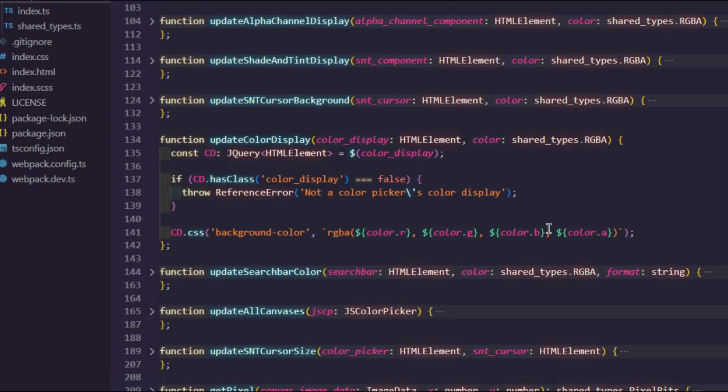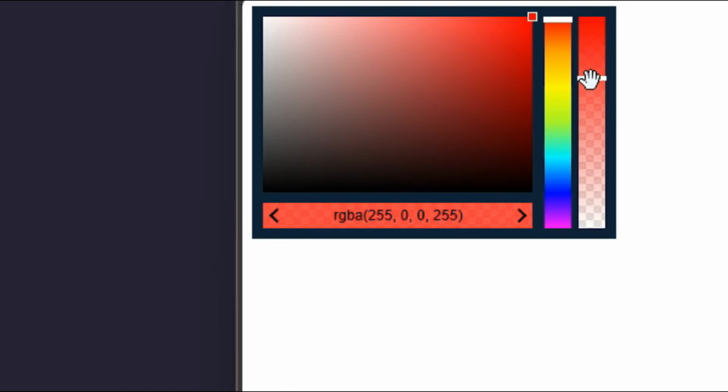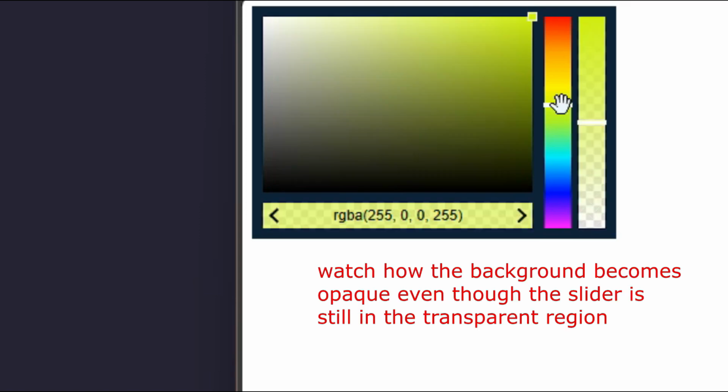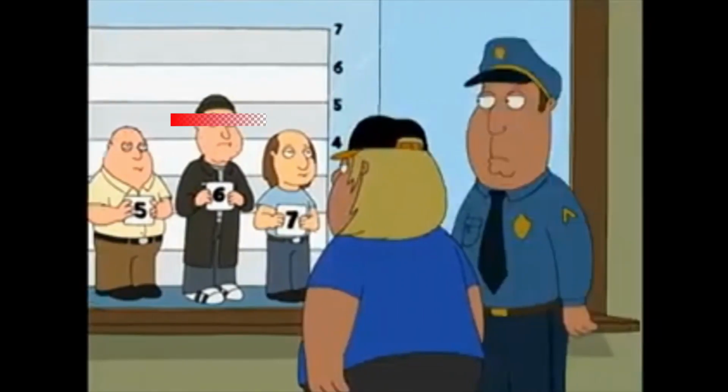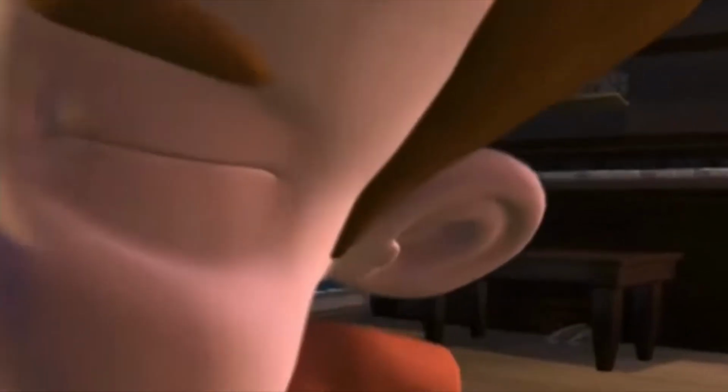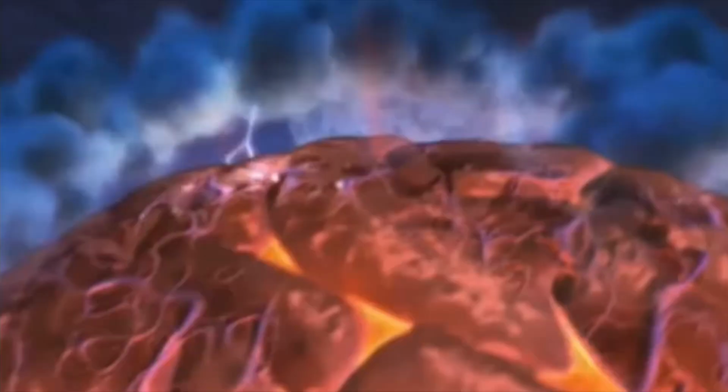I did the same for the helper that updates the search bar's background, since it's supposed to display the selected color. As I was testing this, I noticed that when the hue is changed, the change in opacity becomes inaccurate. I suspected it had something to do with the alpha channel's canvas, but I tried to debug it and still couldn't figure out why it was happening. So I looked for another way of getting the opacity, and that's when the best idea struck me.